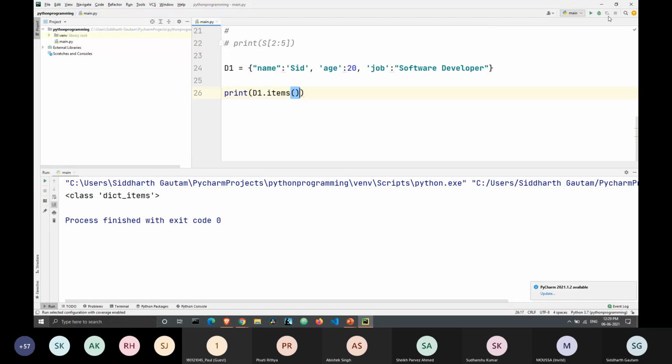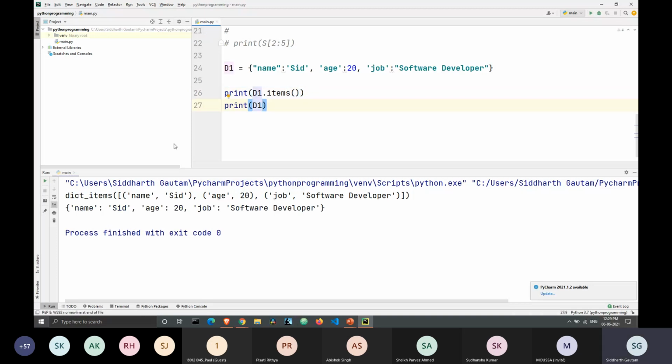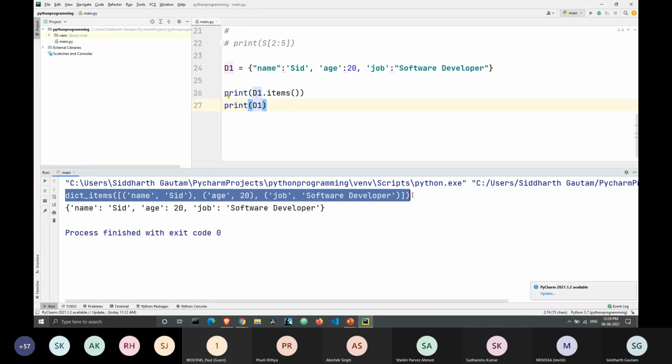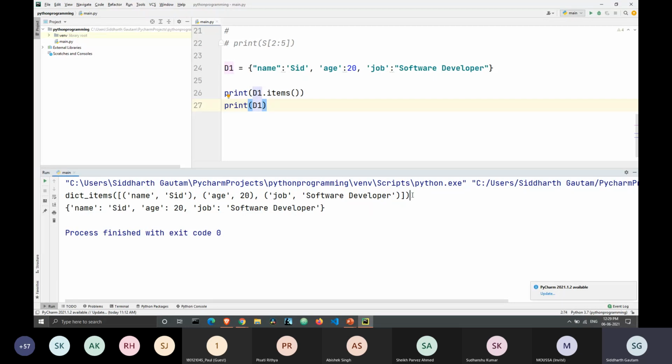When we print the dictionary directly, let's say I print d1 right here, in the second line we are printing the dictionary, and in the first line we are printing the items of the dictionary. So this is the difference. You can see in both cases all of the elements are getting printed, but the way they are getting printed is different.